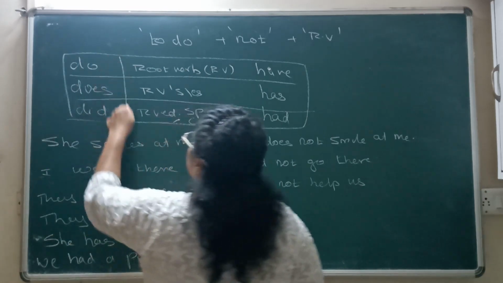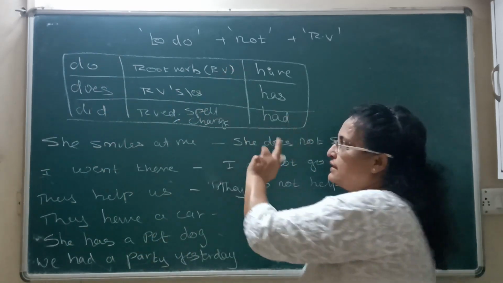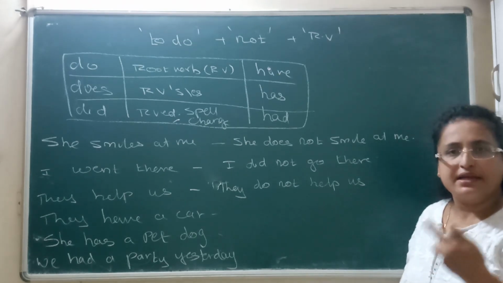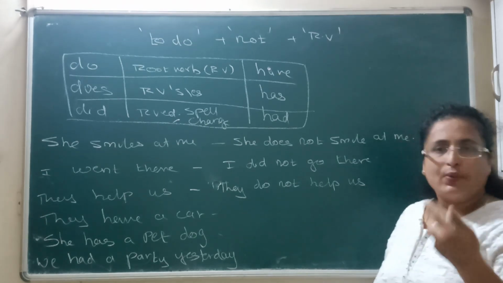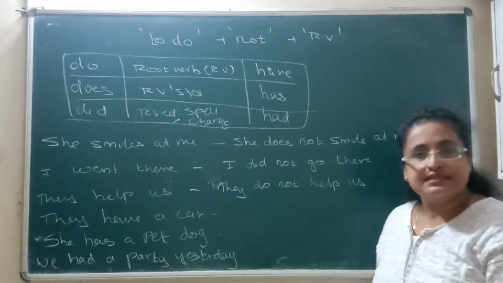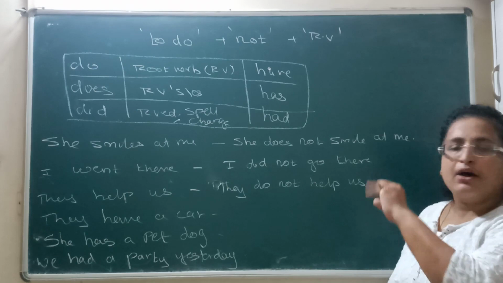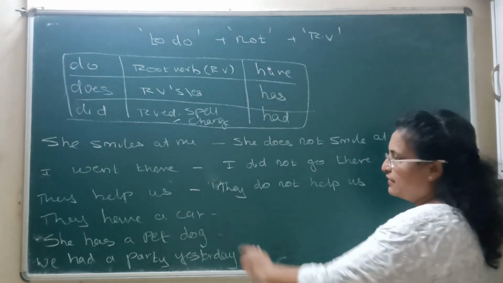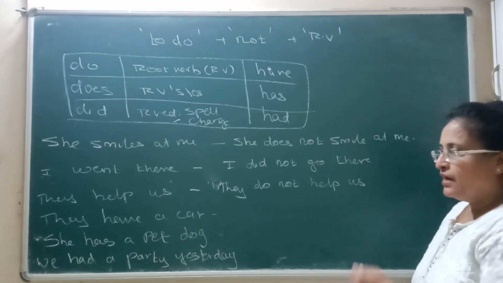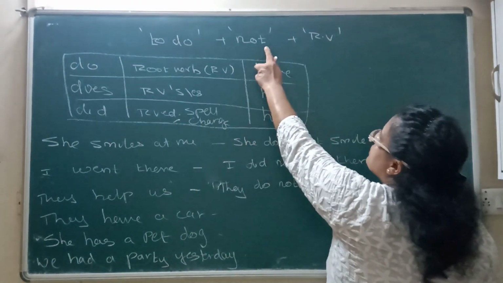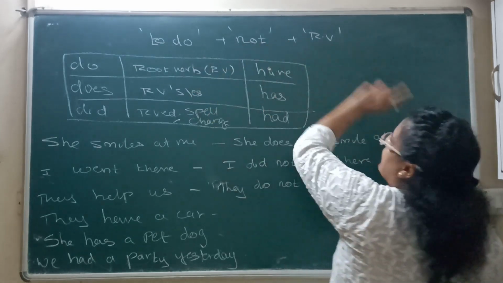And you know what, if you understand this basic grammar, this will help you out in higher grammar topics like question tags, interrogative sentences, even framing question answers and all. You will be able to understand how to do this if you know these basics. See now, let's go for this. They have a car. How can you write it in negation now? Of course, you have to use the do form, not, and then the root verb form.